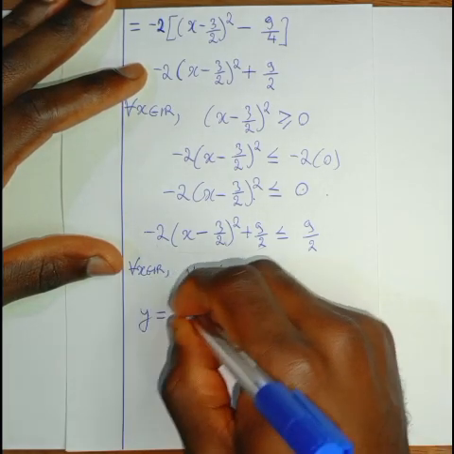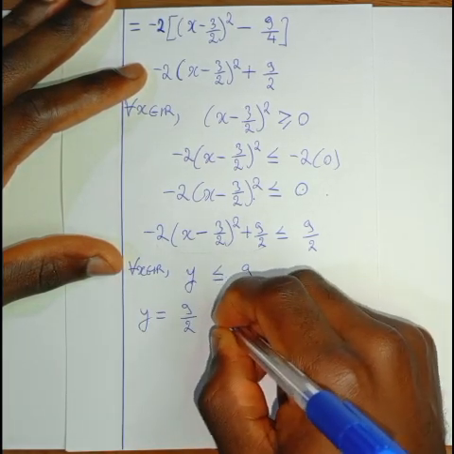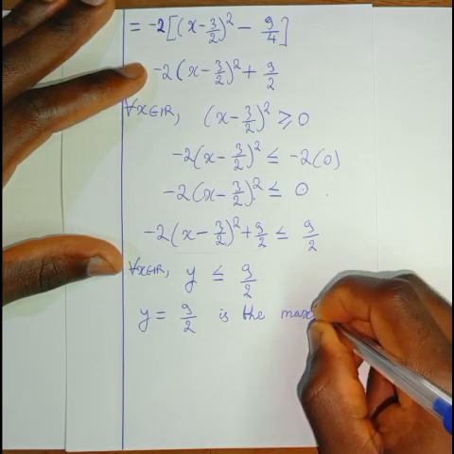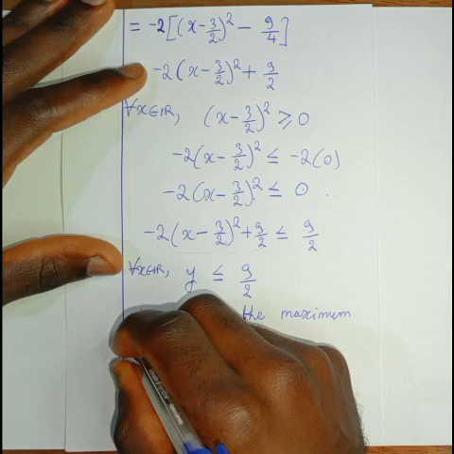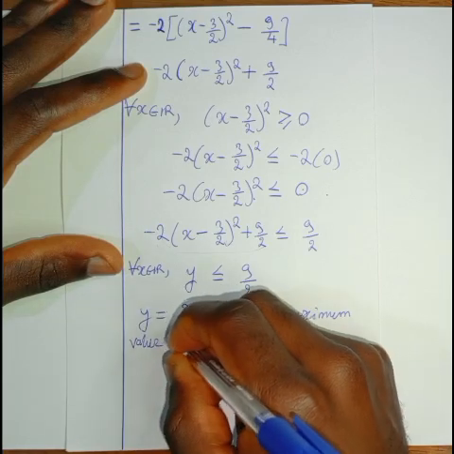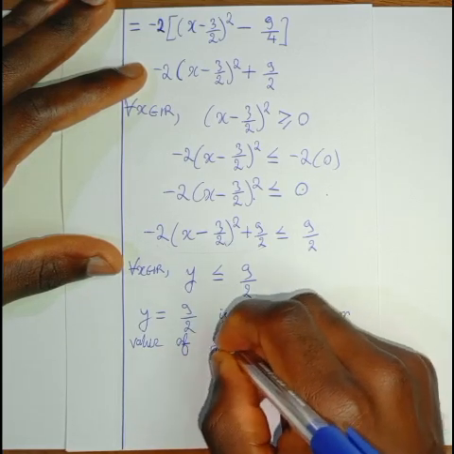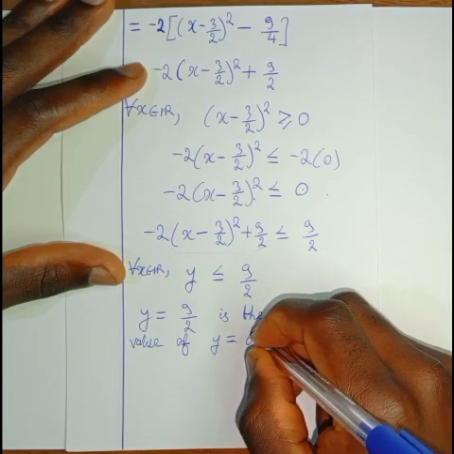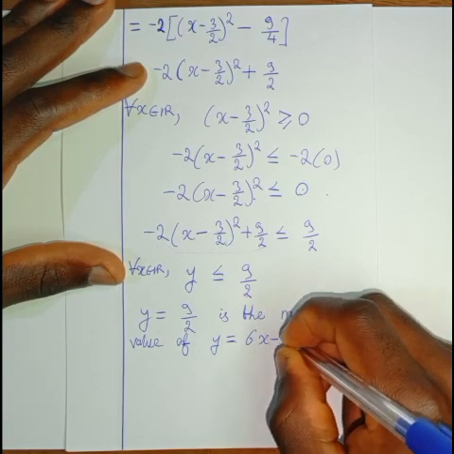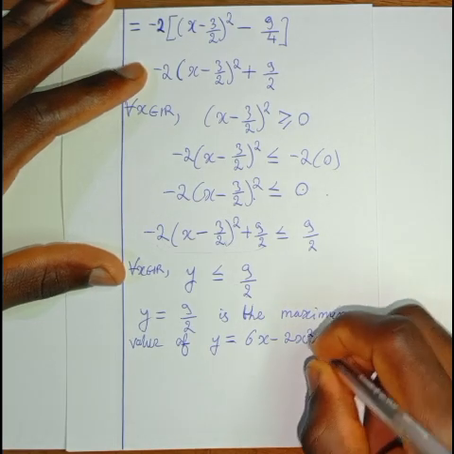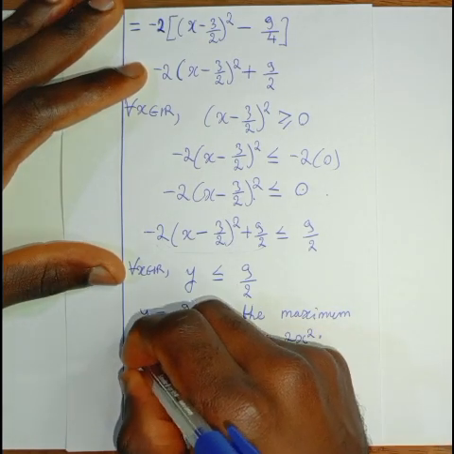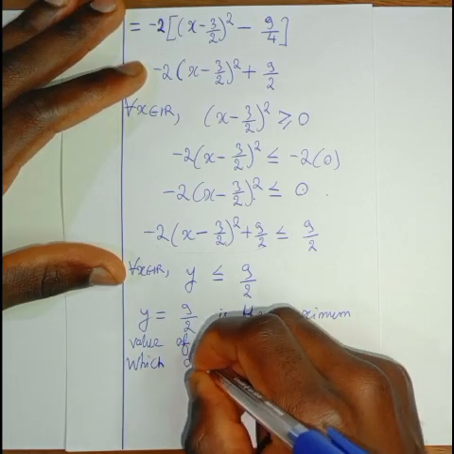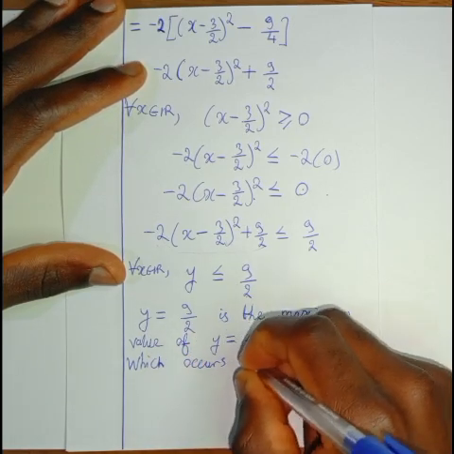Write it down: y equal to 9 over 2 is the maximum value of y equal to 6x minus 2x squared. Now we need to find the x coordinate of this maximum value, which occurs when